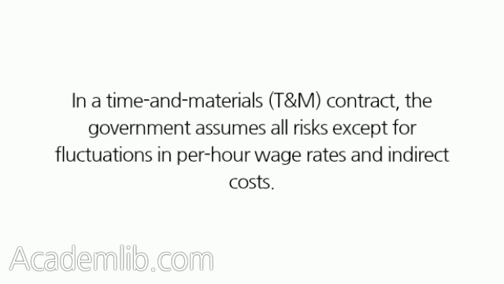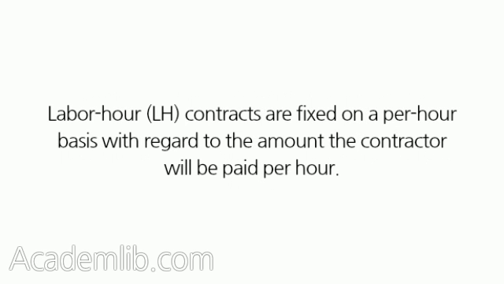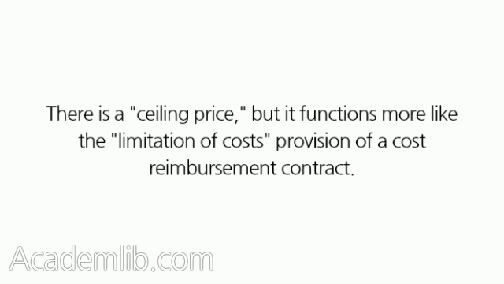In a time and materials (T&M) contract, the government assumes all risks except for fluctuations in per-hour wage rates and indirect costs. Labor hour (LH) contracts are fixed on a per-hour basis with regard to the amount the contractor will be paid per hour. There is a ceiling price, but it functions more like the limitation of costs provision of